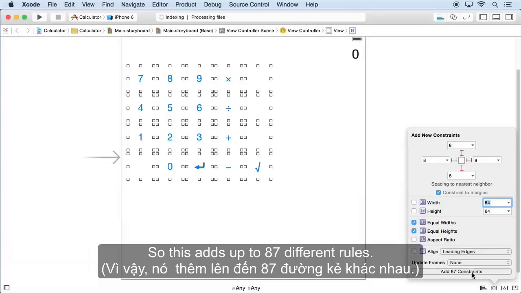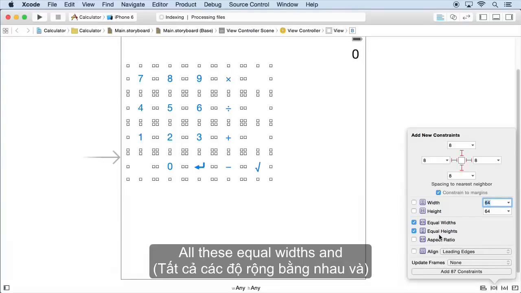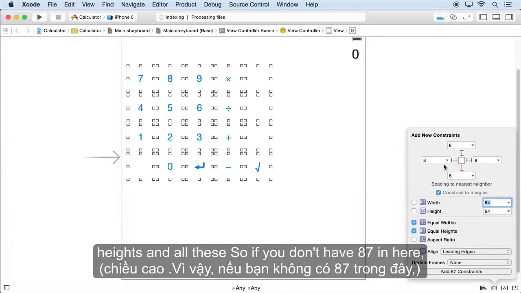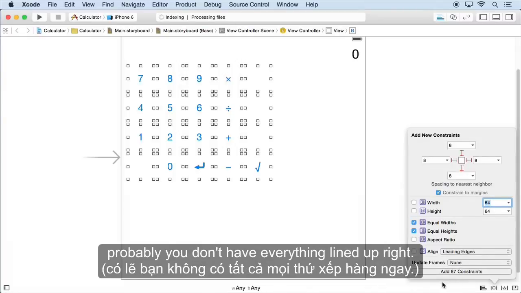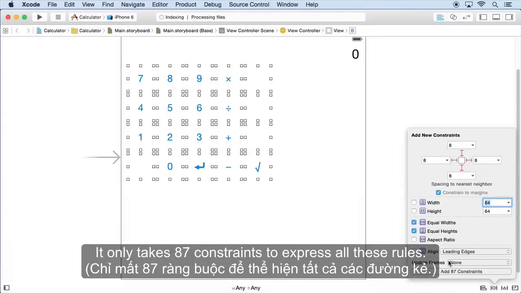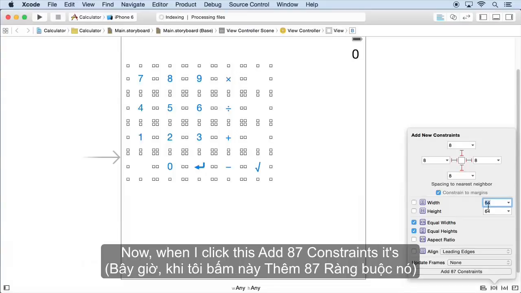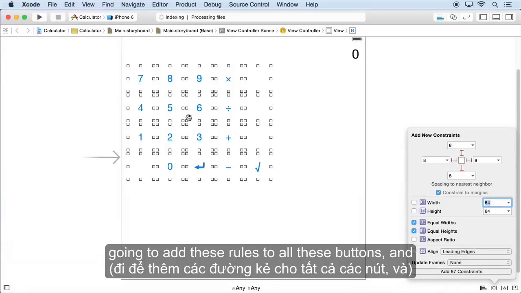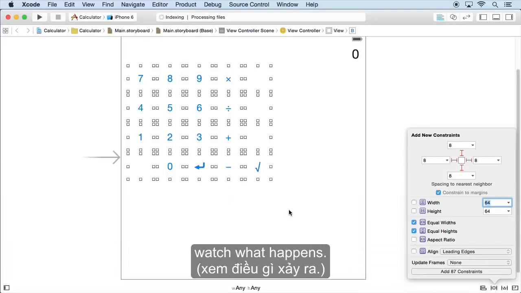So this adds up to 87 different rules. All these equal widths and heights, and all these spacing to neighbors. So if you don't have 87 in here, if it says 100 and something, whatever, you probably don't have everything lined up right, because it only takes 87 constraints to express all these rules. All right. Now, when I click this add 87 constraints, it's going to add these rules to all these buttons,